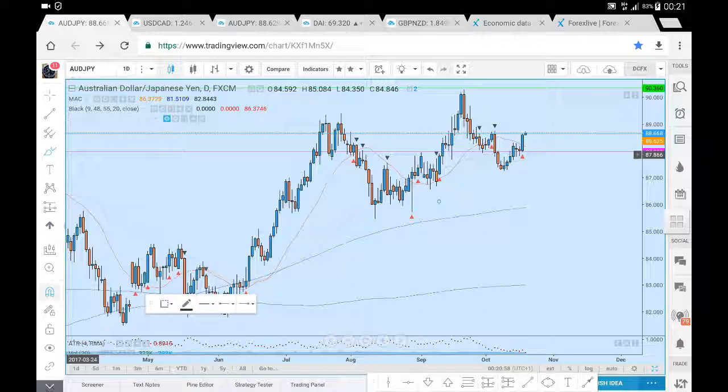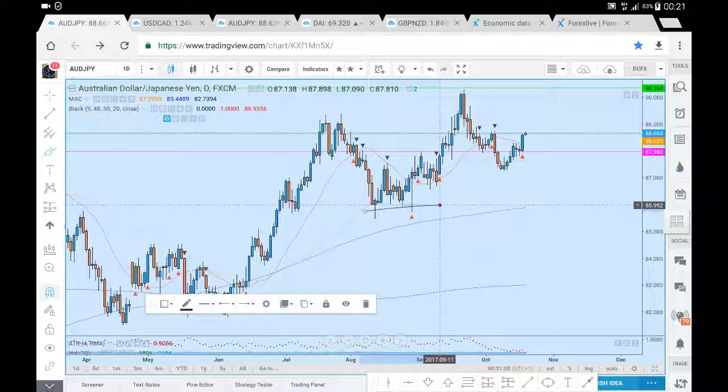We've had a low there, a higher low there, and another higher low here as well. It's not as prominent as I'd like, but we've had a series of higher lows which are conducive to price moving upwards. We had a low over here, we've had a higher low,